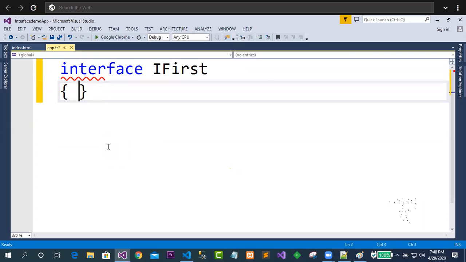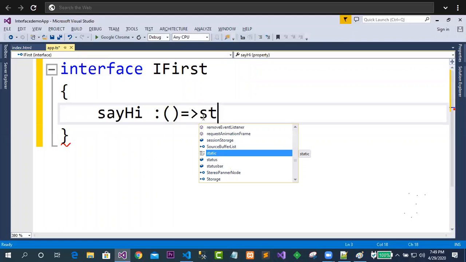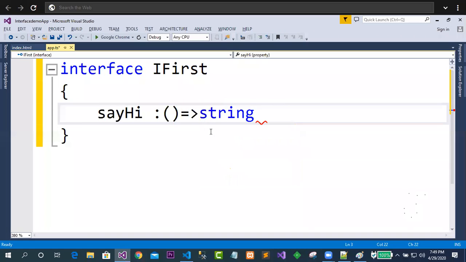In this case, let me define a method, say hi. This say hi is holding a kind of method. Let's say this is a lambda function I have defined here. What is the meaning of this one?